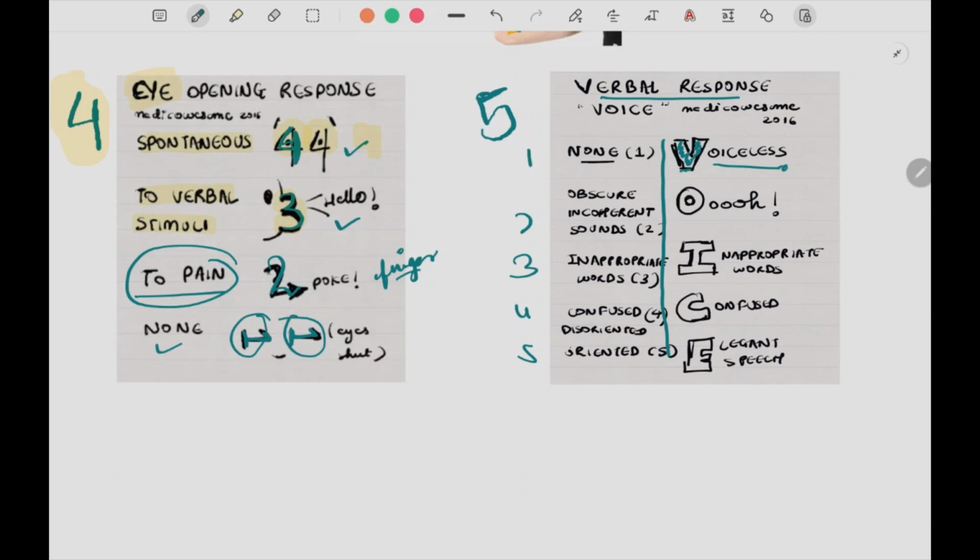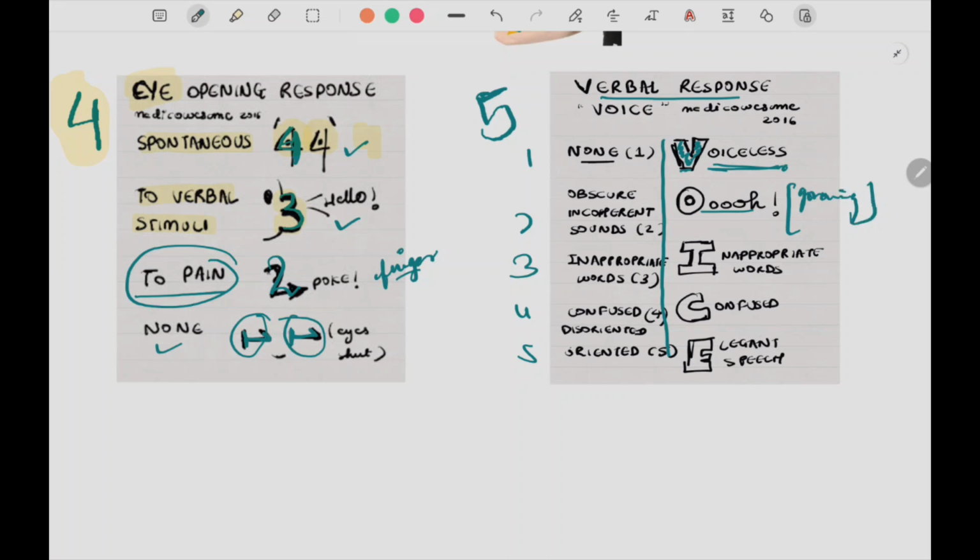So let's see first for 1. In 1 there would be no noise or no verbal response. कोई response नहीं आएगा patient की तरफ से. In grading or rating number 2, patient will give you a very little response, that too a very incoherent sound. Okay, so basically कोई response भी नहीं है, सिर्फ sounds है. That I told you ना, the simple groaning sounds because of pain, सिर्फ वही sounds देखने को मिलेगी आपको.